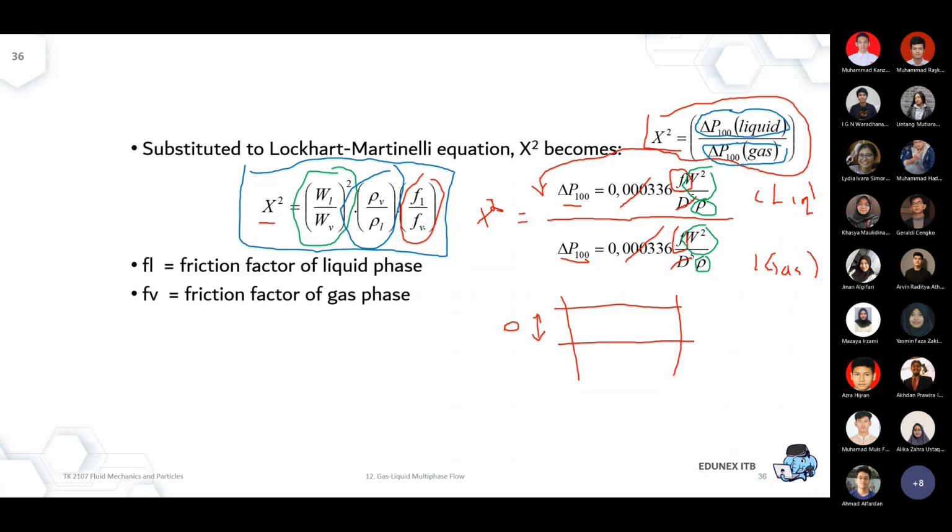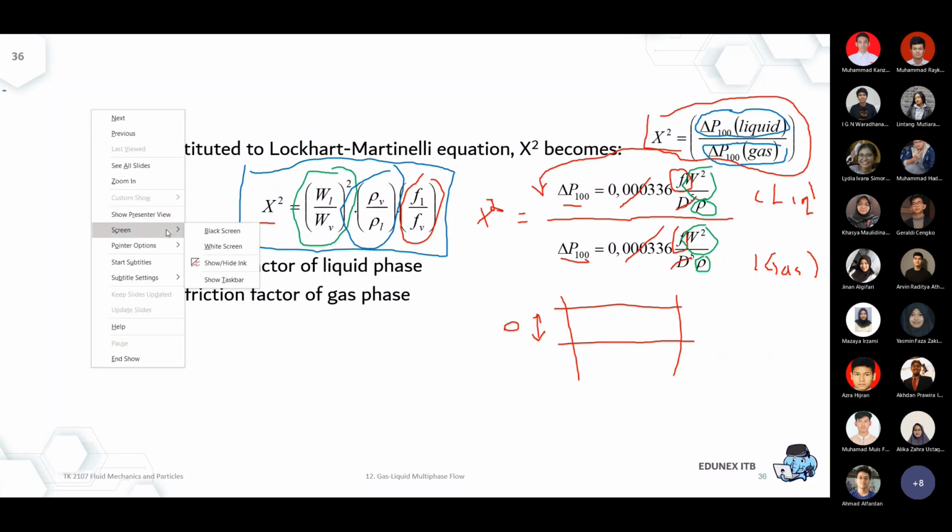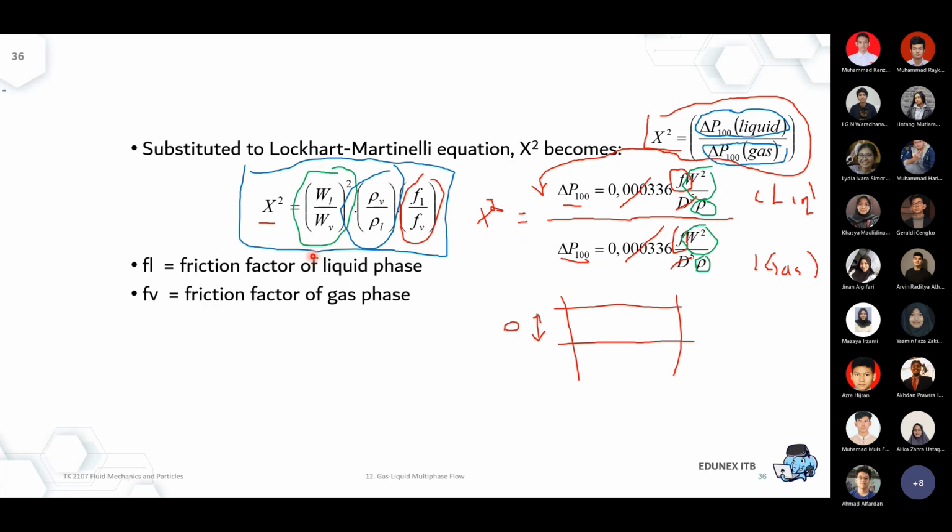Okay, so hopefully it can be understood. It's just a measurement of the density of the vapor phase inside of the pipeline and the density of the liquid inside of the pipeline. For the mass rate, it's based on the measurement. And if you remember the HYSYS demonstration that I showed you last week, we actually separate the pure liquid and the pure gas, so that we know the kilogram per second for the liquid only and the vapor only.